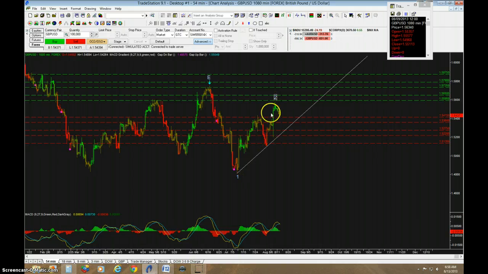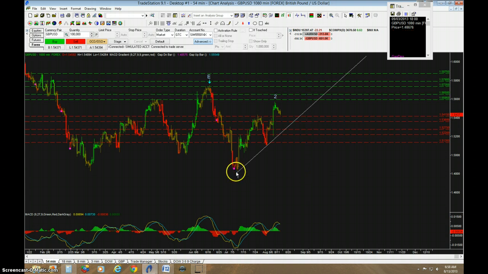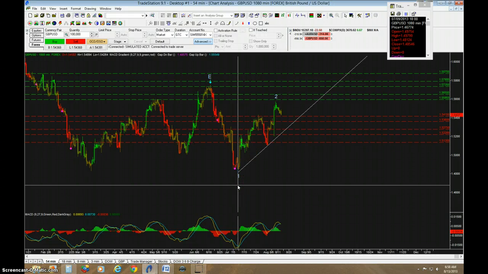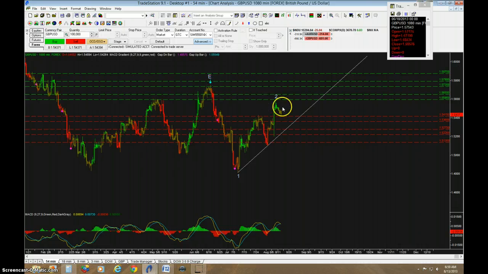I believe this is a zigzag, so you've got 5, 3, and 5 to finish 2, and 2 is highest probability, generally a zigzag. So now what we need to see to confirm this is, I think a break of this trend line on the short side would be good. That would be the first step. The next step, of course, would be making a new low below 1.4812,